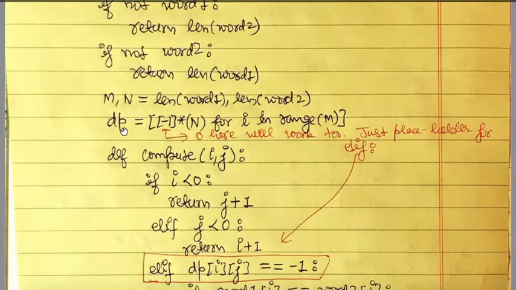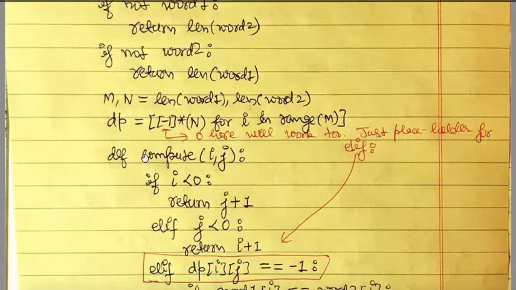we define a DP array to be filled with minus 1 and of the same size, with the number of rows equal to m, that is the length of word 1, and the number of columns equal to the length of word 2, which is n. So we define dp as minus 1 times n, so we have a column repeated as many times as there are columns, minus 1 times